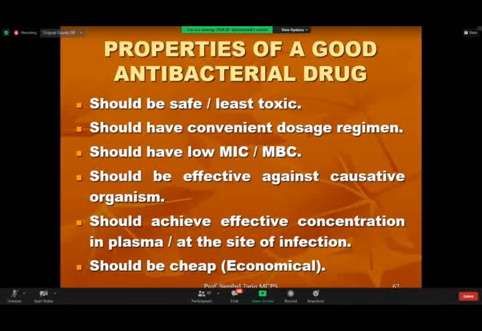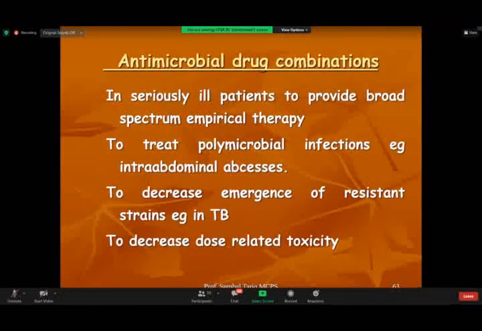And last but not least, the drug should be economical. आजकल के दिनों में you have to be sure that the patient will be very, very bridge for all those long-term infection treatments. And if he is not that rich in our third world society, we have to give them the best drug possible in a cheaper version. You don't have to go for the multinational company brands. You just have to treat the patient with whatever is best for the patient.